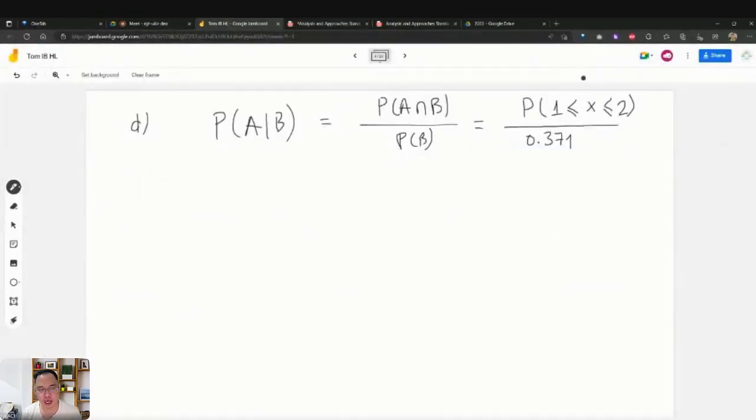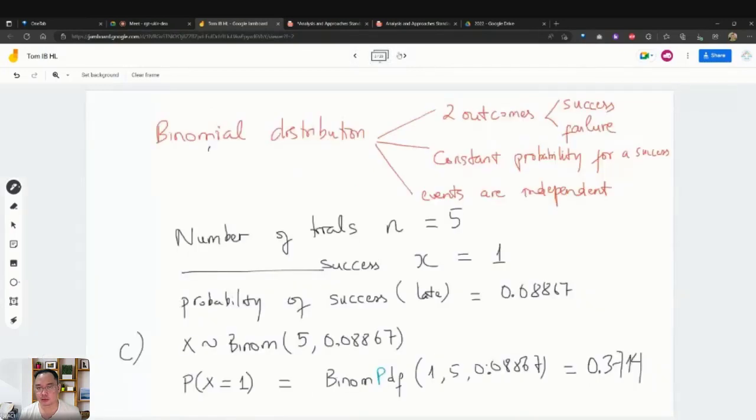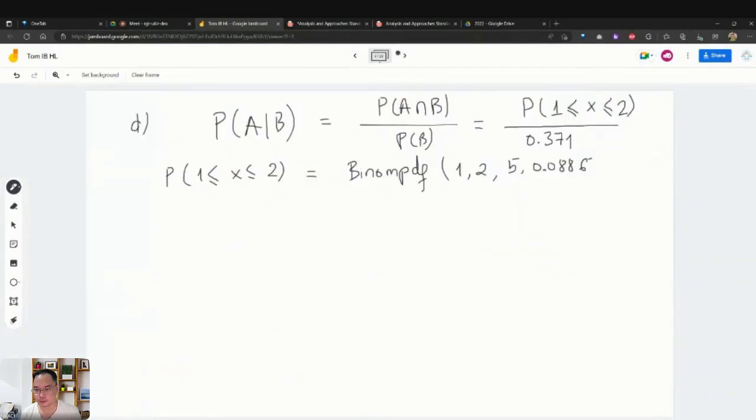So the probability at the top there, 1 ≤ x < 3, is the binomial PDF with the lower bound 1 and the upper bound 2. The number of trials is 5. The probability is 0.0888867. Okay,